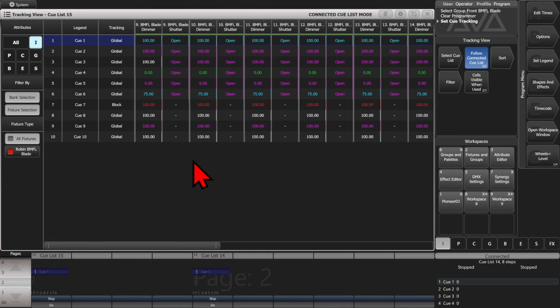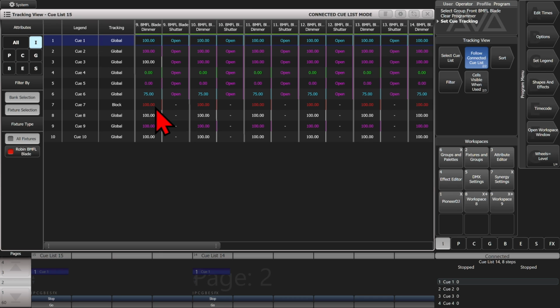So back here on Titan, we see I've got my queue list here, and up top we've got a cyan because our level is increased from 0 to the first step in our queue list. And then in Q2 it tracks from 100% in, that's why it is magenta. And then in Q3 we recorded a hard value on this fixture, so it is white. And then in Q4 we can see it reduced to 0, so it is green. And then it tracks at 0 into Q5, and then increases to 75% in